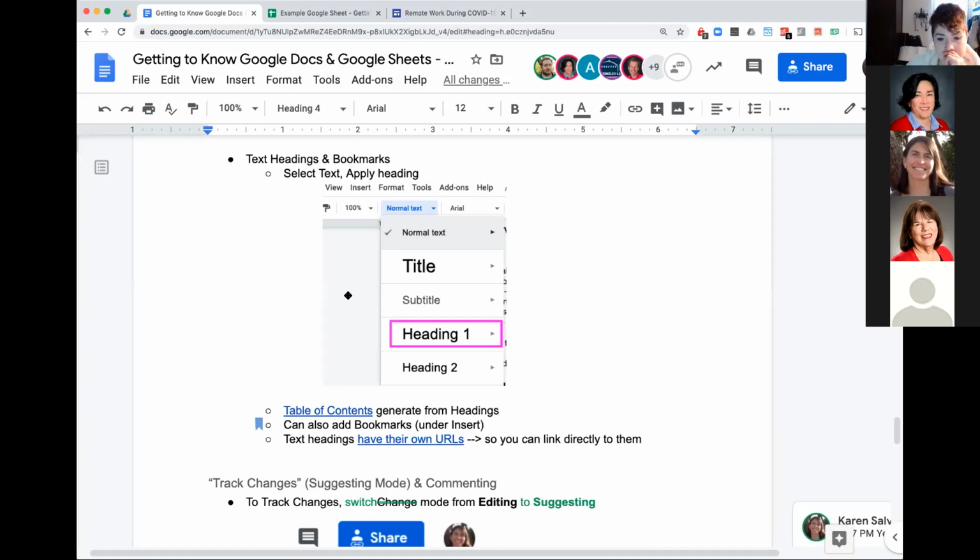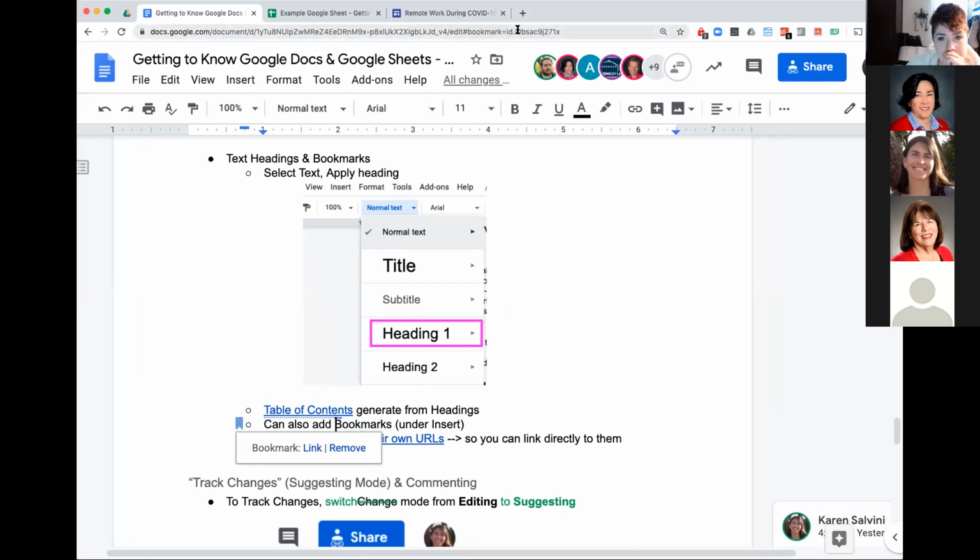So if you watch the URL bar up here, if I click away from it, it goes away. And if I click on the text heading, it comes back, which is this extra bit that's added to the URL of the document. And this basically says, okay, we'll go to this document and then take me directly to this heading. And bookmarks work the same way. Like if I were to insert it, this is easier if I do it this way. If I insert a bookmark here, what happens now is I add a link, and it will add this bookmark qualifier in the URL bar up here.